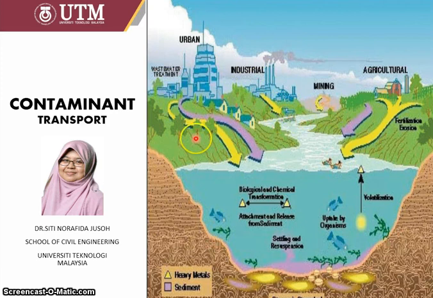So we know that it is a very complex and difficult condition to predict the movement of contaminants. We could see that contaminants can come from agriculture, such as fertilization and erosion of the soil. Of course, also from industrial, and also from municipal or urban usage. So there is a lot of process or activity occurring during the